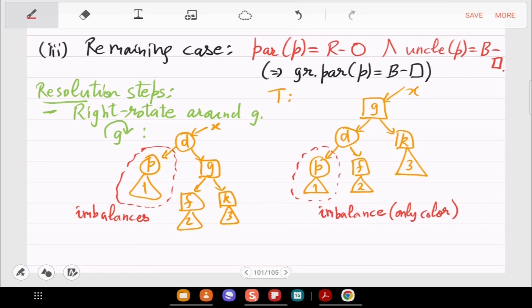So what was the point of this operation then, if we have increased the imbalances? We can make P black, okay. Will that solve all the imbalances? Okay, so let us do that.